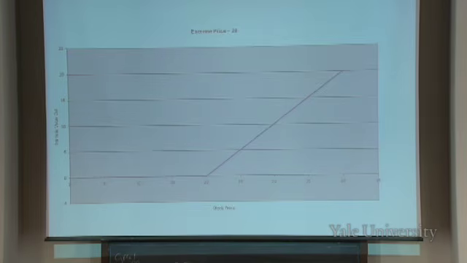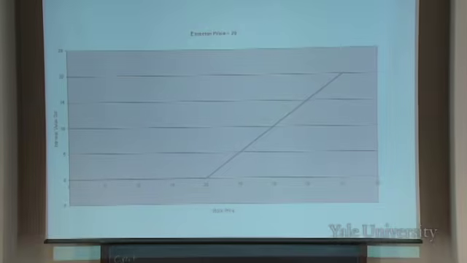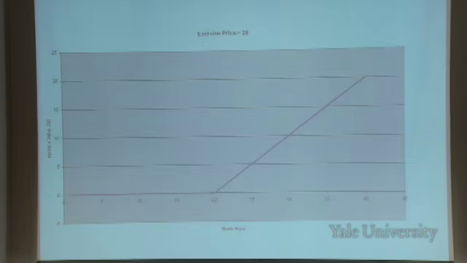Okay? So this broken straight line is what we call the intrinsic value of the option, which is the money you could get if you exercised it right now. We'll never have intrinsic value negative because you wouldn't exercise. So let me explain what this means. Suppose you own an option with an exercise price of $20, and the price of a share is $15. What is the value of that option today, the intrinsic value?